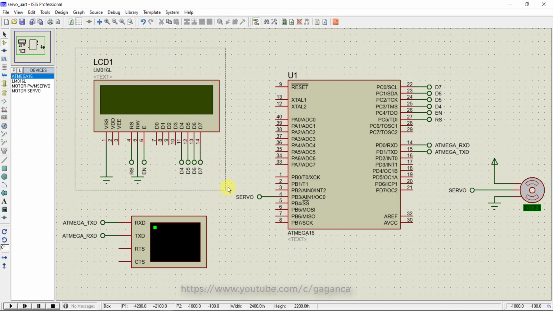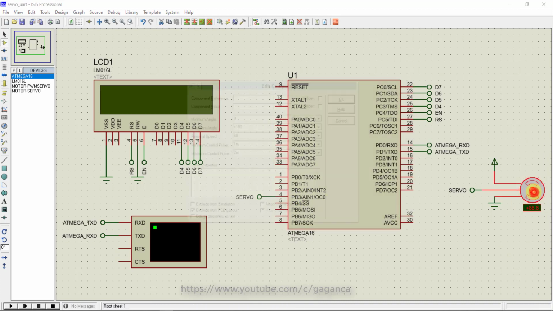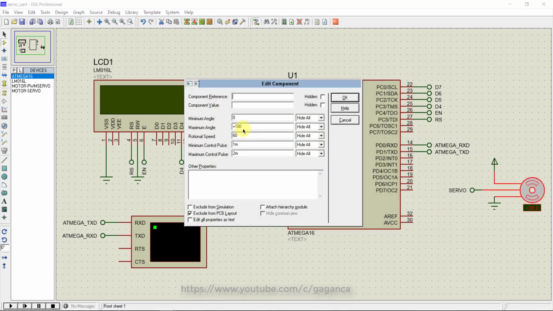So this is the 16x2 LCD connected to port C of the Atmega16. This is the servo motor connected to port B pin number 3. You need to configure these parameters for the servo motor: the minimum angle 0 degree, the maximum angle plus 180 degrees, rotation speed can be 10 to 60, minimum control pulse 1 milliseconds and maximum